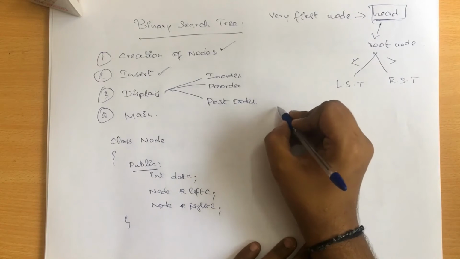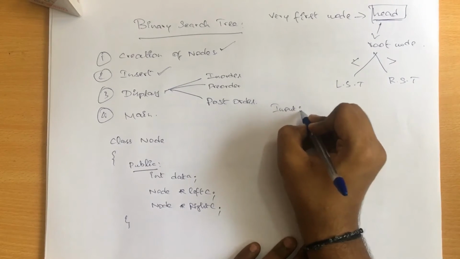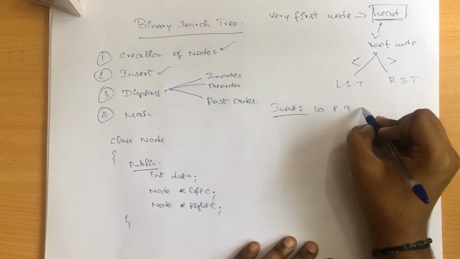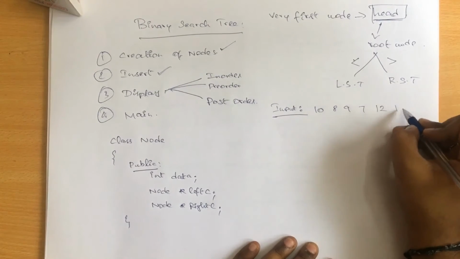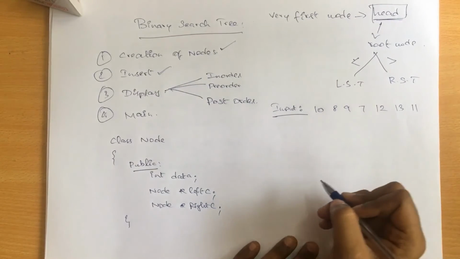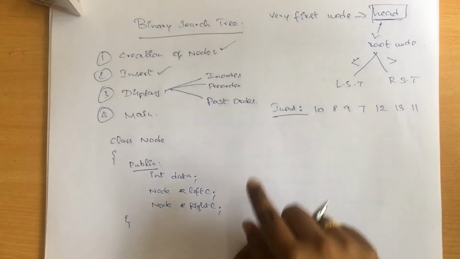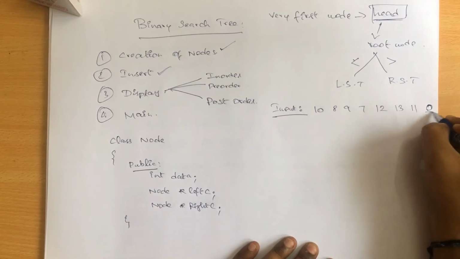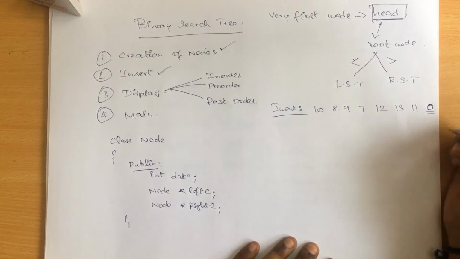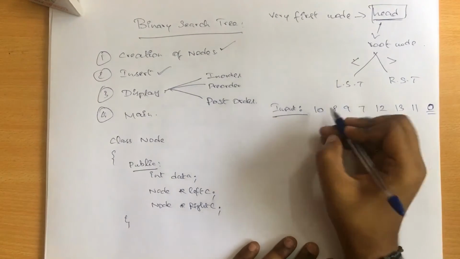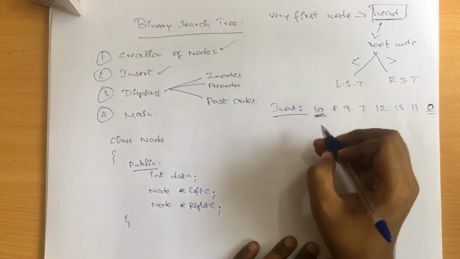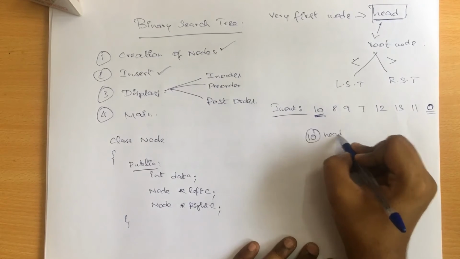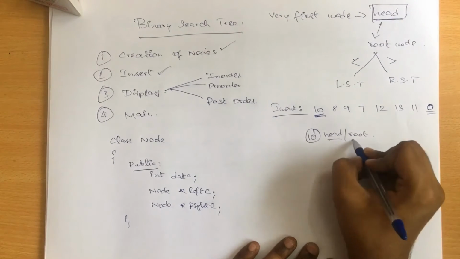So now let's take an input from the user. Assume that the user has given an input of 10, 8, 9, 7, then 12, 13, and 11. Let's assume it this way, right? So we have nodes in this way, and I want to insert all the nodes, and at last assume that the user has given 0. After 0, it will stop the execution, or stop collecting input from the user. The first inserted value is 10, right? So first we'll insert the value 10, and this is going to be the head, or you can say the root. Head as well as root.